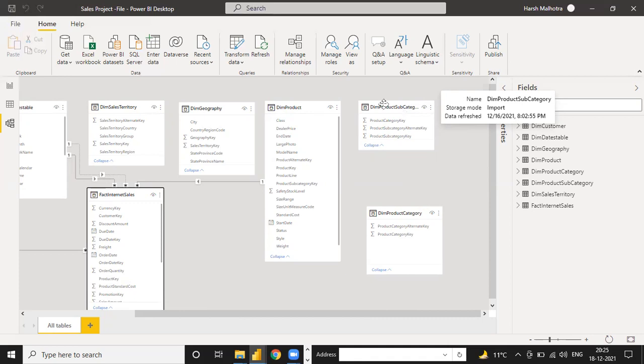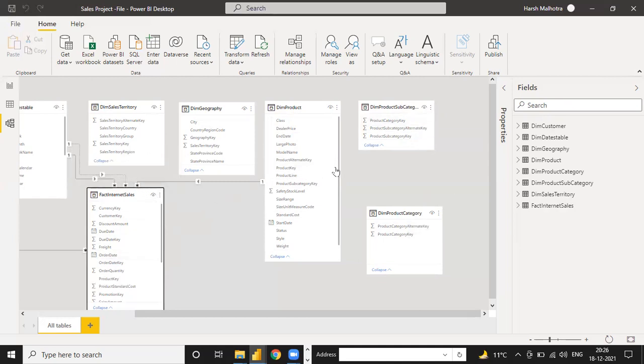So that is why this bifurcation exists, and this table is called a dim table for all these fact tables. But under this fact table we don't have any unique column other than product. If this fact table had a unique column of product category and product subcategory also, then we should directly connect with them. If this table is connected with this and this table is connected with this, automatically this table is connected with this table, right?